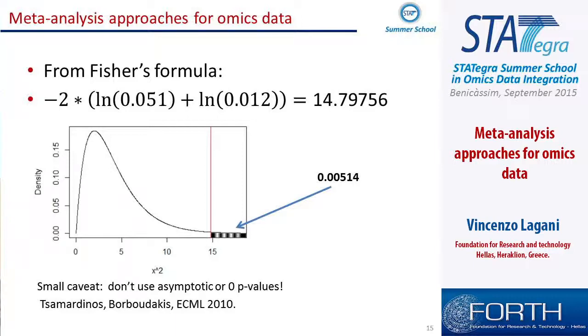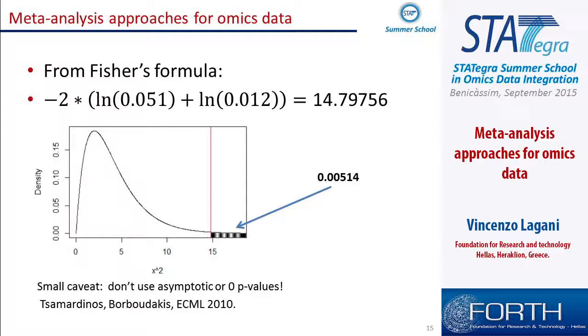So one thing that we noticed about this particular formula, the Fisher formula, or in general about any meta-analysis that combines p-values, is that there are some tricky points about the use of asymptotic or zero p-values. In general, combining zero p-values will give you a zero p-value. So essentially, a zero p-value can definitely shrink your significance to the level 0. Not only that,